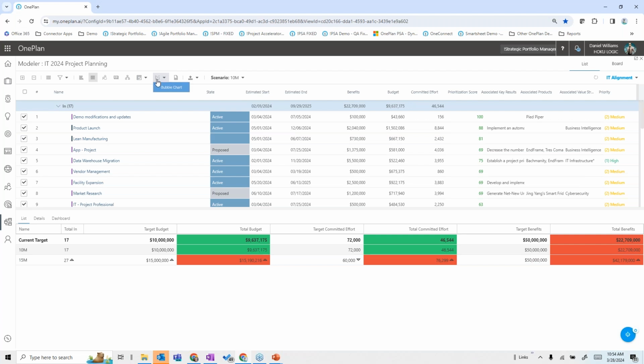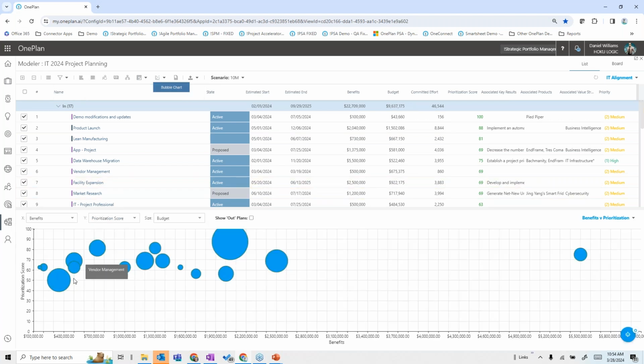We have the traditional bubble charting that you're used to seeing in portfolio management that I can look at. In this case, I'm looking at prioritization via benefits and the size of the projects by the bubbles. And I can even show which projects we didn't select in the gray so we can see that we overlook something that needs to be in there. And once again, that visualizer comes back into play here in a